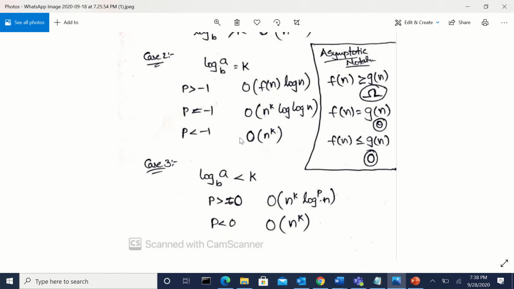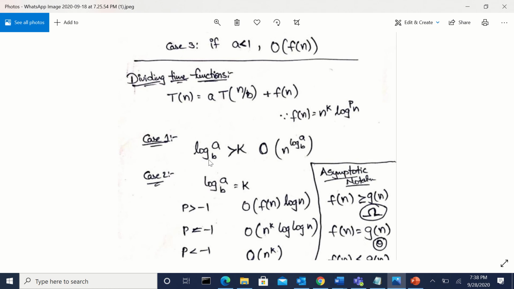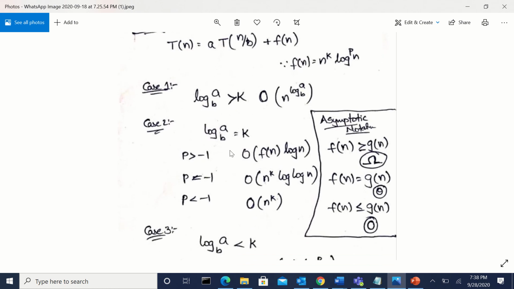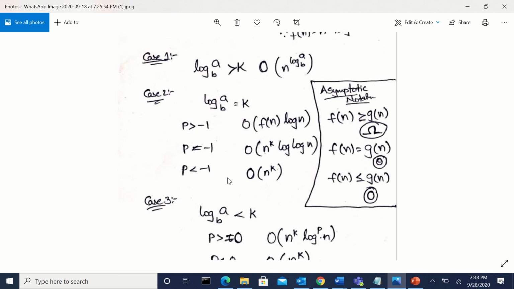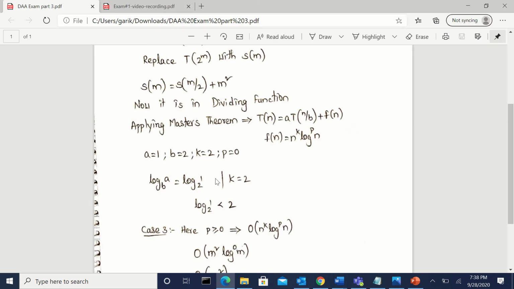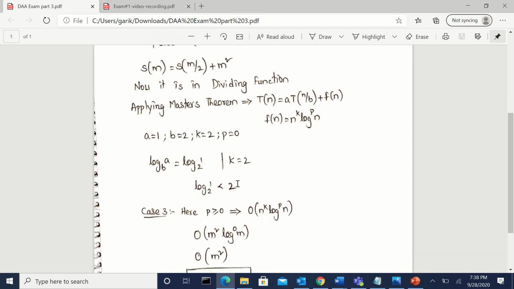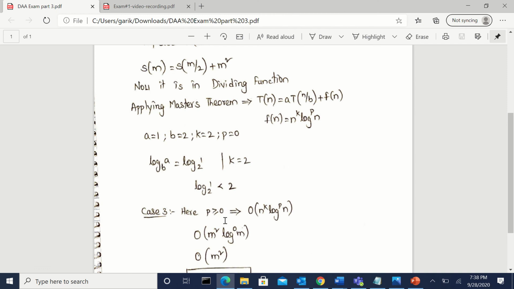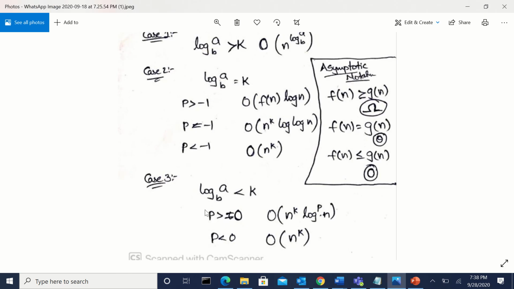So here we have to check under which case it is satisfied. Under case 1, log a base b is greater than k; under case 2, log a base b is equal to k; case 3, log a base b is less than k. Whenever it is less than k, we have to again check three values. In this case, log a base b is less than k, so it becomes case 3. In case 3 we again have to check the p value. Here the p value is 0, so it comes under this case,